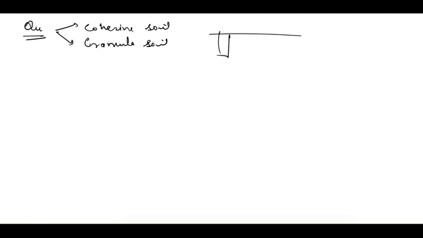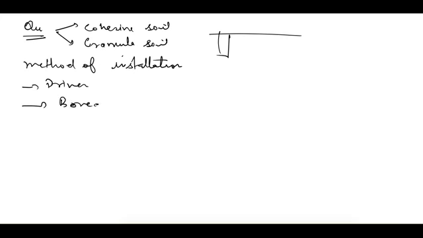But in the field, depending upon our method of installation of pile, it can be of two types: it can be driven or it can be bored cast in situ. So if it is a driven pile, what happens during this driving? When we are pushing this pile downwards, it may move in the lateral direction. That means it is making some angle from the vertical as well as horizontal.